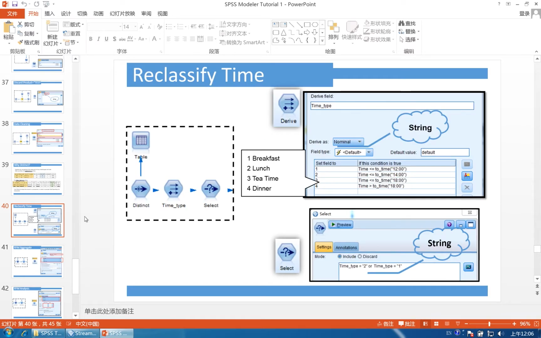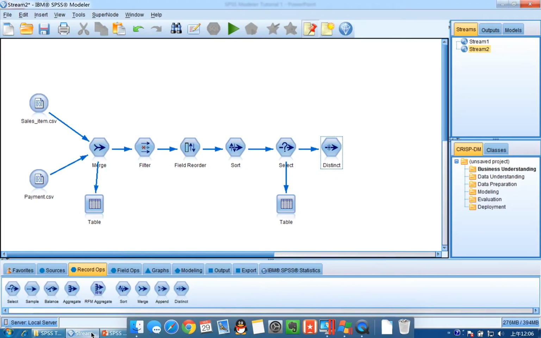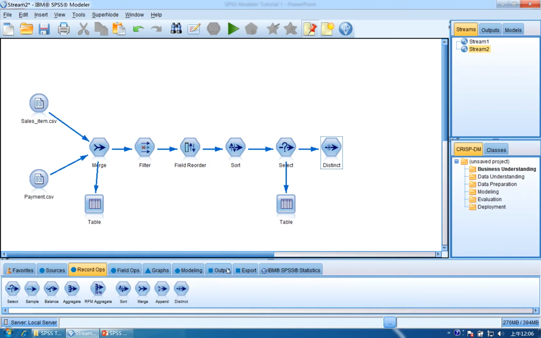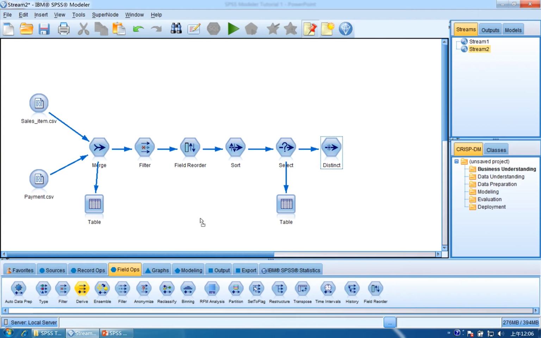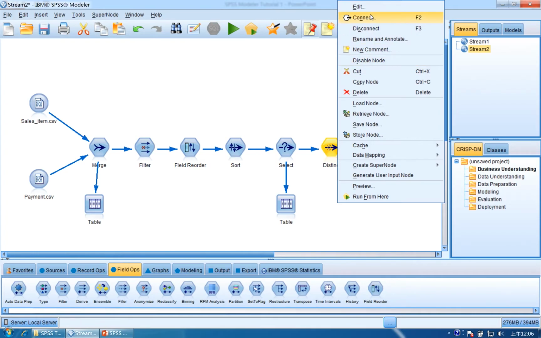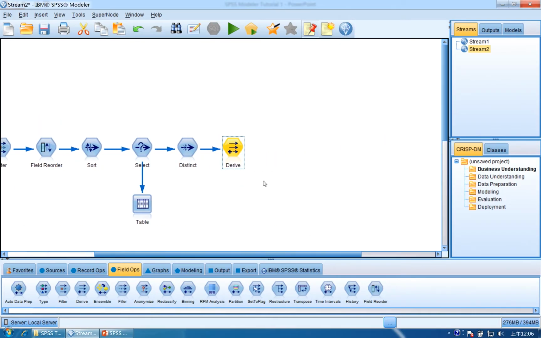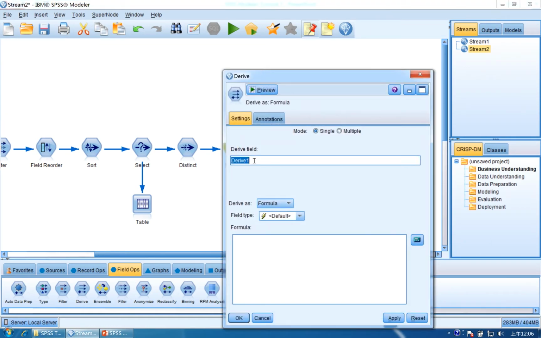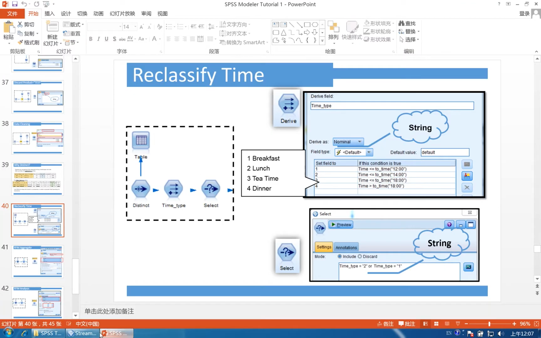And next is derive. From here, we are going to find which transaction is breakfast and lunch. We want to save it and delete tea time and dinner. So we are going to use derive. To find derive, we will click the field ops, drag and drop the derive, which is the fourth node, and connect the distinct and derive. Double click on derive, and here the derive field we use time type,